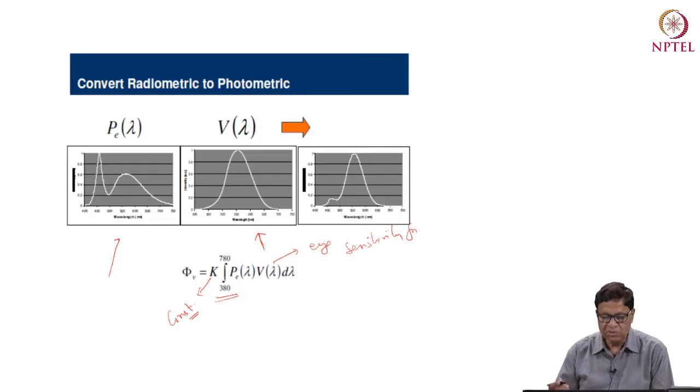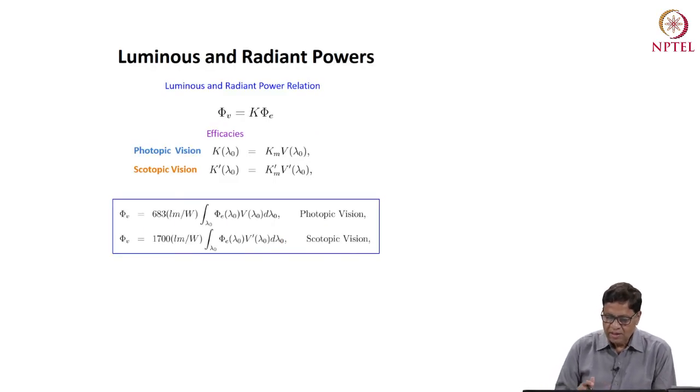It could be for both photopic or scotopic, and this is the power spectral distribution, and this is constant. So if you do this integration, you get the corresponding photometric quantity. So this is another way of explaining, for both the regions, luminous and radiant powers. So the relationship is